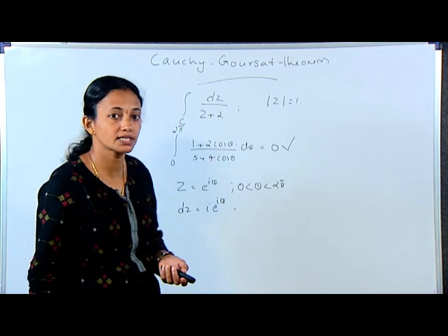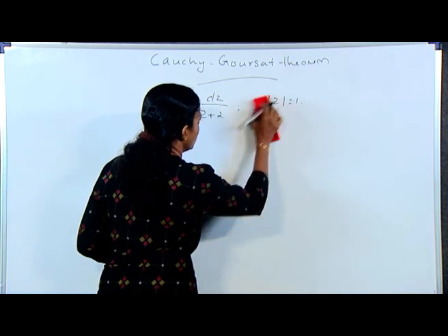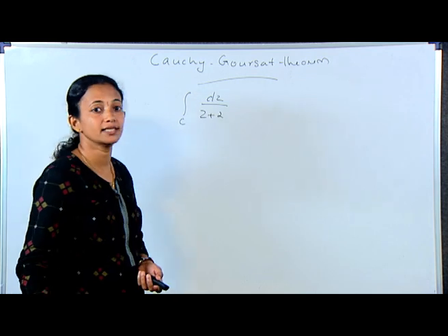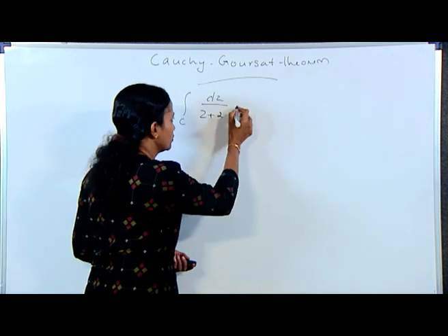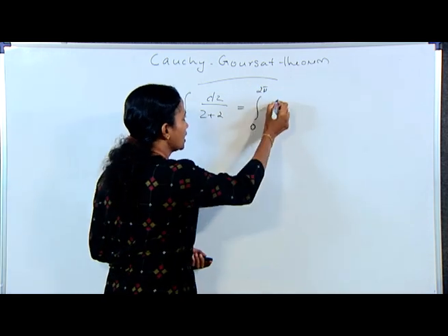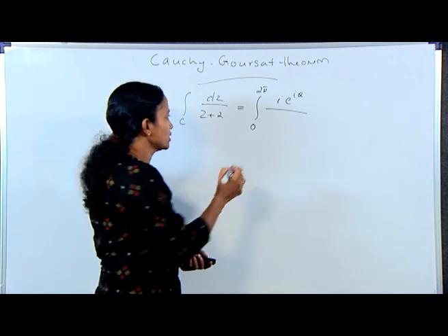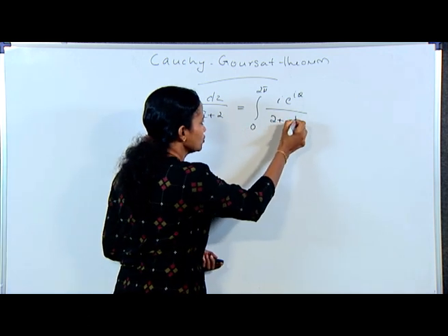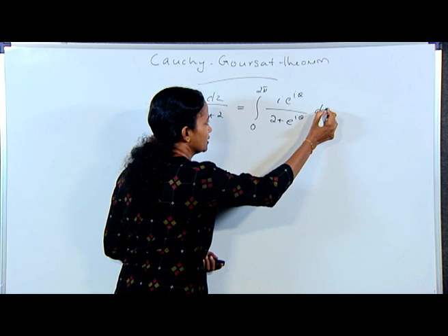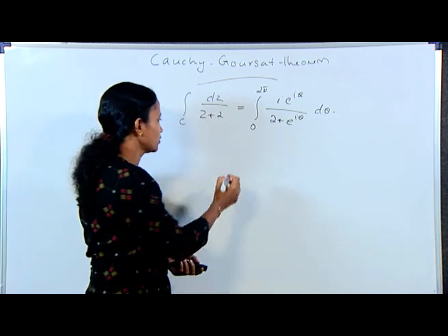Hence the integral over c of dz by z plus 2 is equal to the integral from 0 to 2 pi of I e raised to I theta d theta divided by e raised to I theta plus 2,